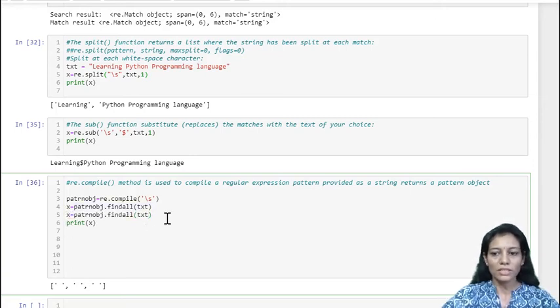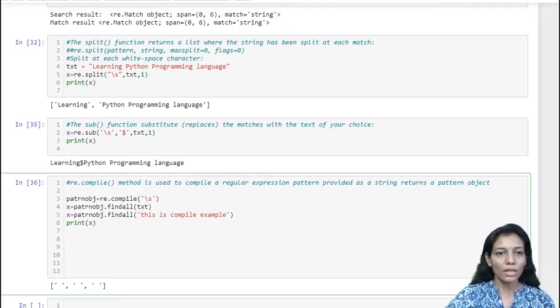If I just change my text, this is a compile example, and I want to match the same pattern, that is the white space that I want to search. I don't need to recompile it again, but I can reuse the pattern object which was returned earlier.